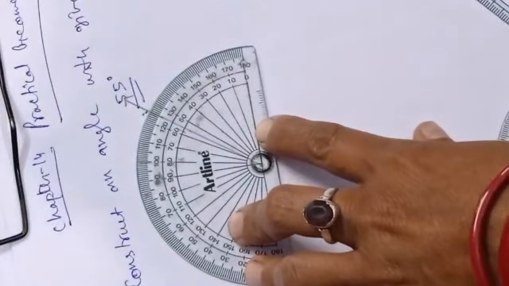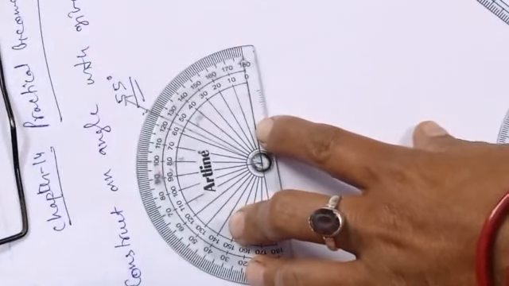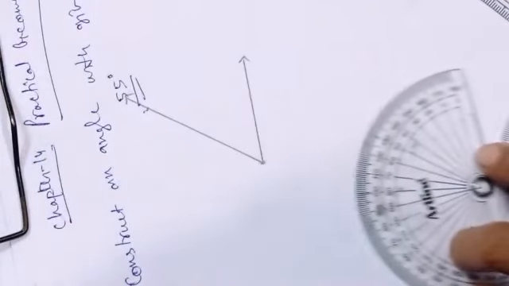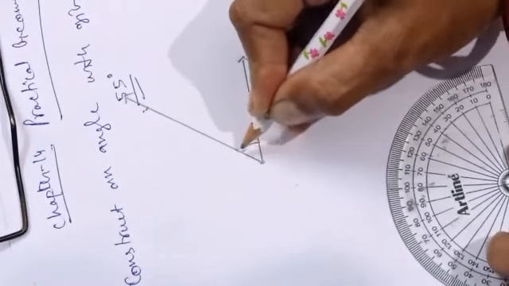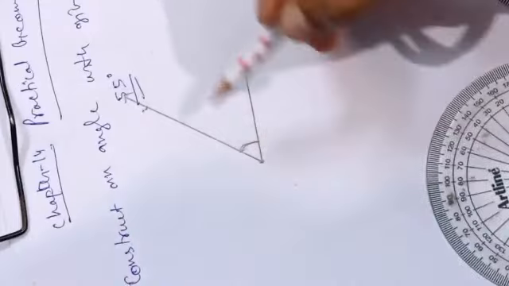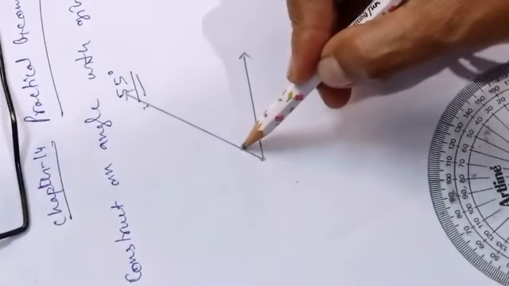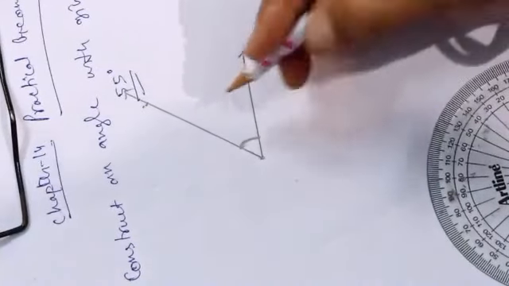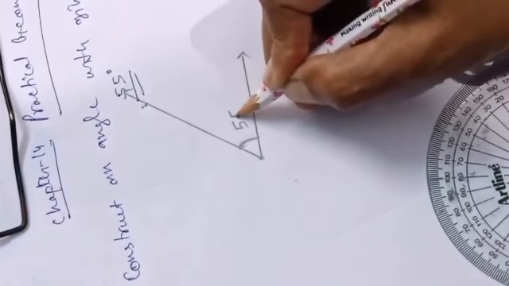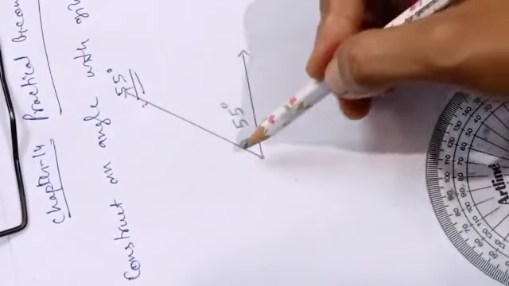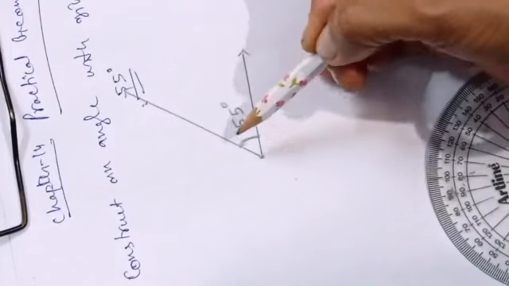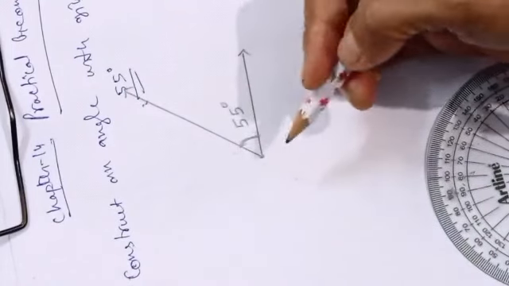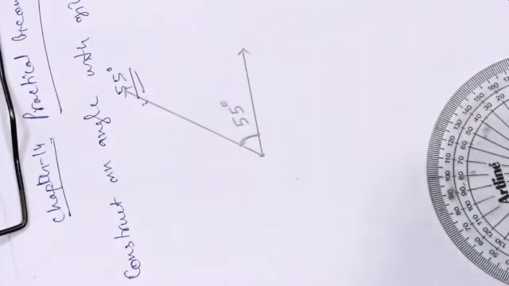See, so in this way you have to construct the angle with given measure. And listen, if the angle asked is 55 degree, that curve you must give to mark that measure of the angle. If you are giving this one outside of this, that means you are measuring the outer angle, not the inner one. Okay, let's come to the next part.